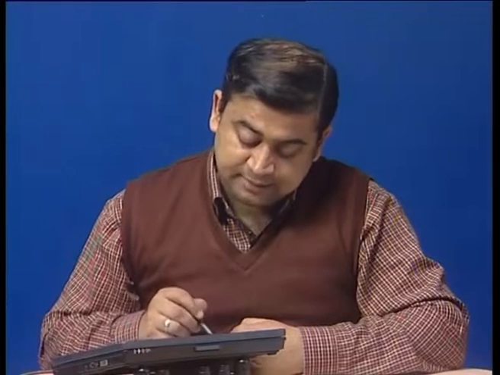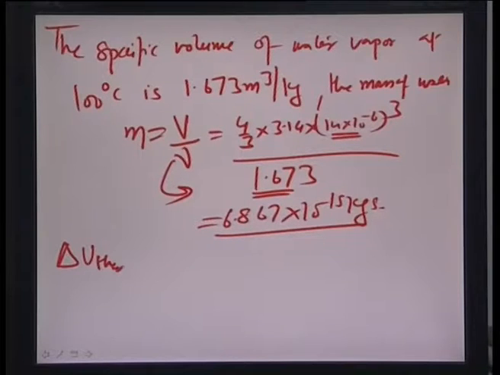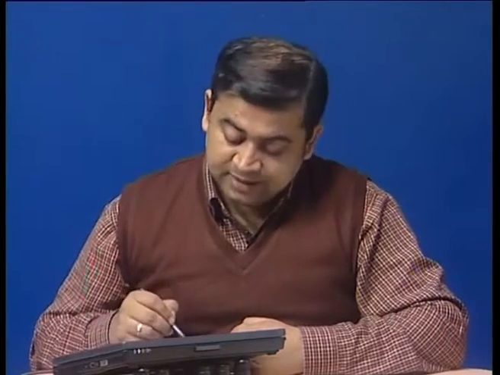We can find out the thermal energy required for formulating this amount of water vapor mass, 6.867 × 10^-15 kg of water vapor. So, how do we do that? We know that delta U thermal, the amount of internal energy that needs to be supplied for converting a water sample from 25 degrees Celsius all the way to about 100 degrees Celsius, is also given as